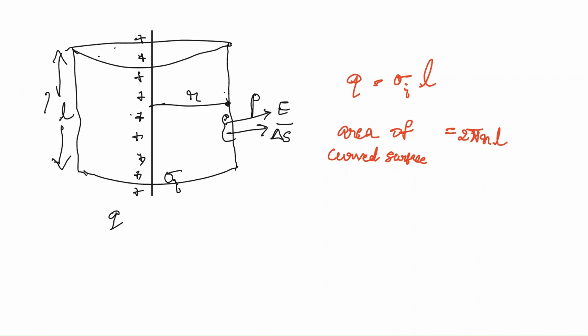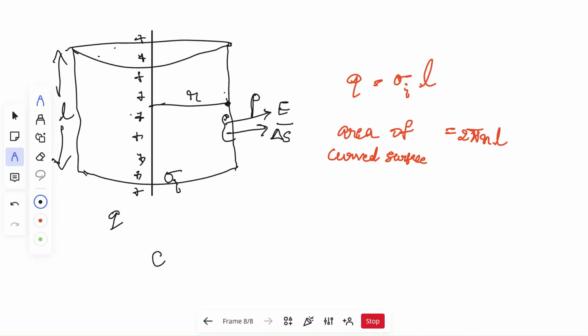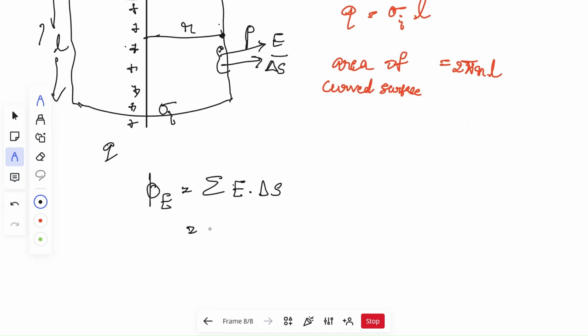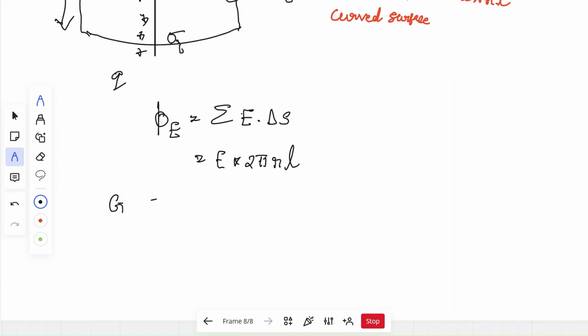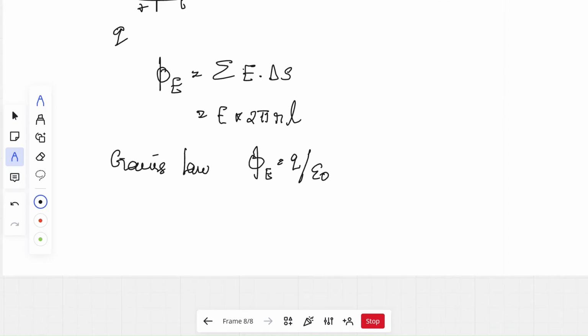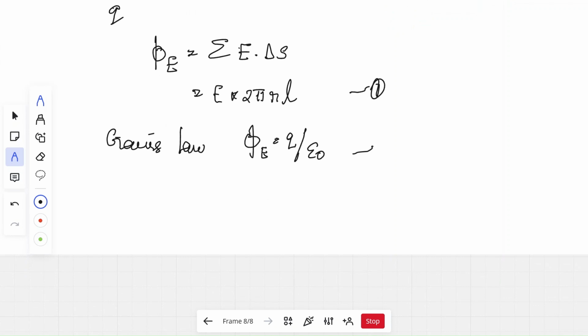Hence, the flux phi E is given as summation E dot del S, which is E into 2 pi r L. Now we know that from Gauss law, phi is Q by epsilon naught. Hence, from equation 1 and 2,